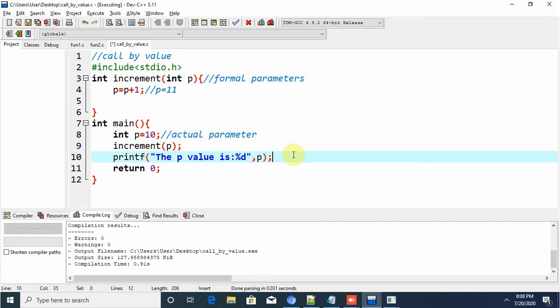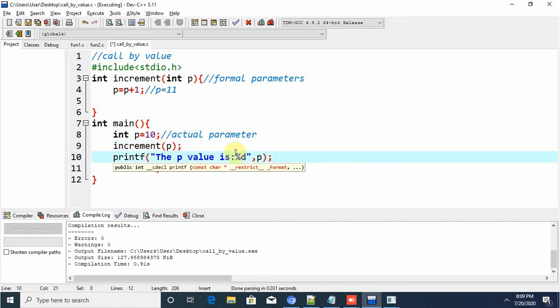There also, that swapping operation, LCM and GCD and all, you can do by using functions. All the operations can be done by using functions. So simply by seeing the statement, what all will think is that after this increment function this should be incremented, but this is not the case.